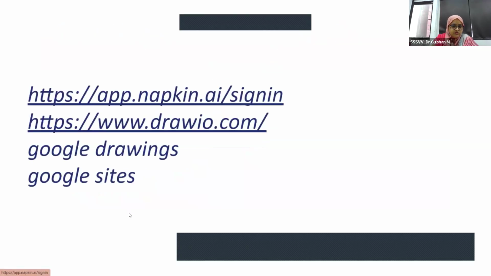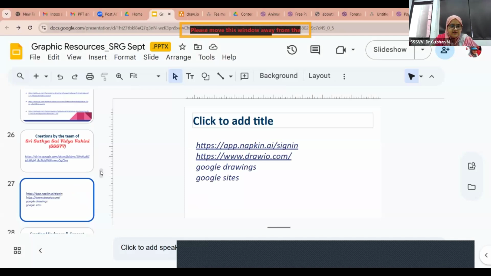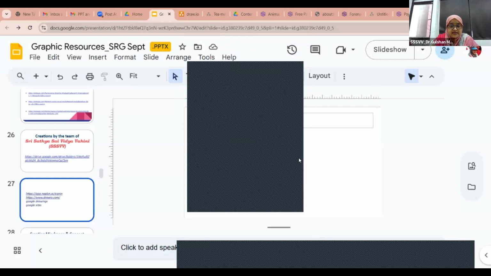But before going to the concept mapping tool, I just want to show you how Google Slides works. So I just want to ask you, shall I go ahead with the concept mapping, or do you want to see how Google Drive or Google Slides works?